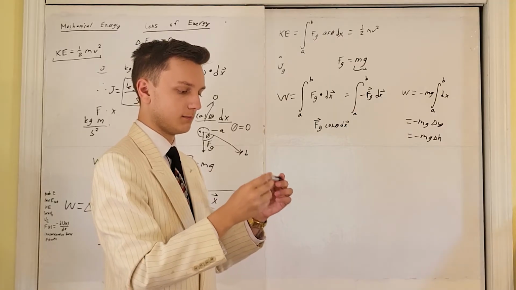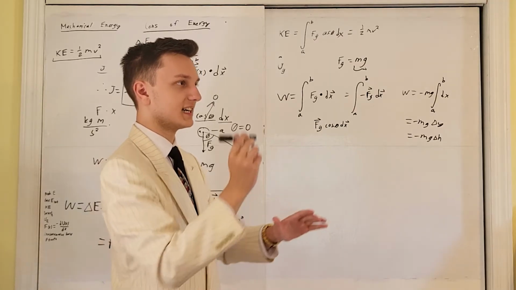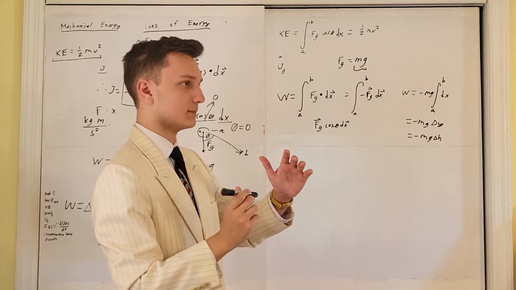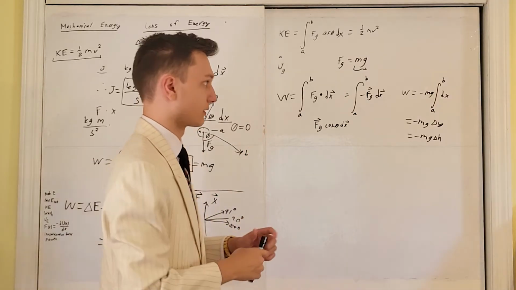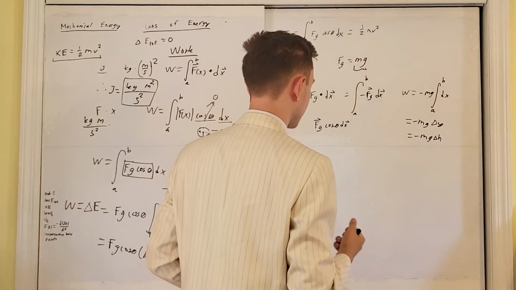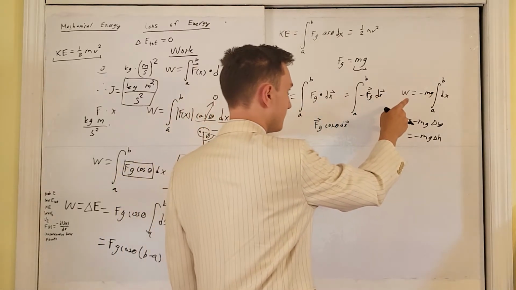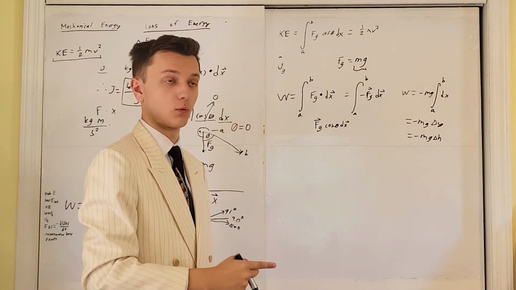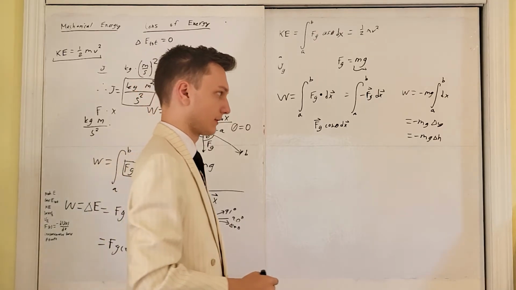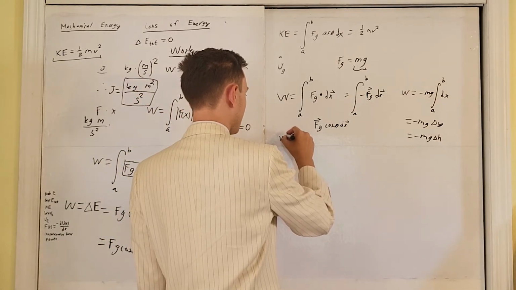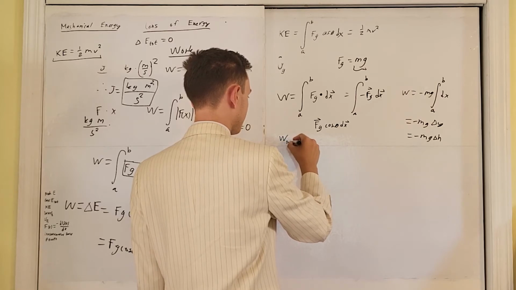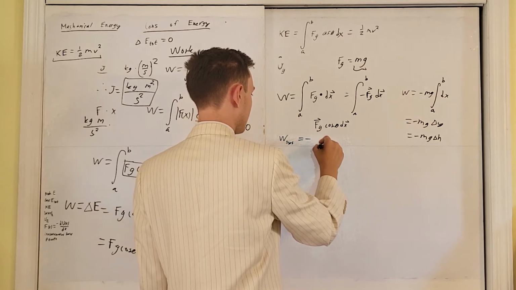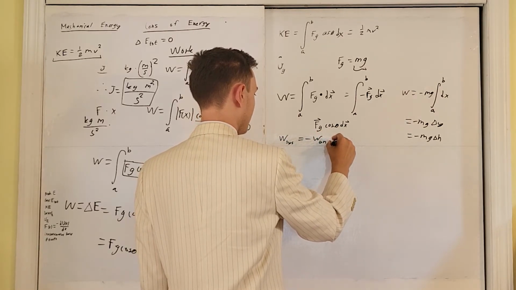Because the marker is moving against the gravitational force, so work is being done by the marker, okay? Like I said before, when our work is negative, work is being done by the system. When our work is positive, our work is being done on the system, okay? The work done by the system is equal to the negative work done on the system,